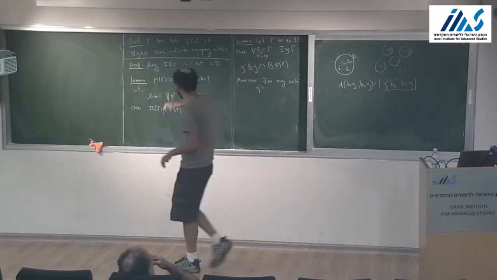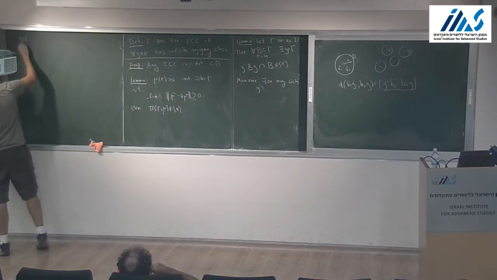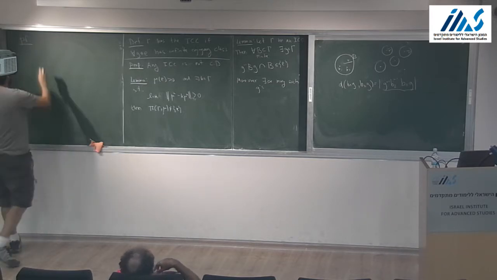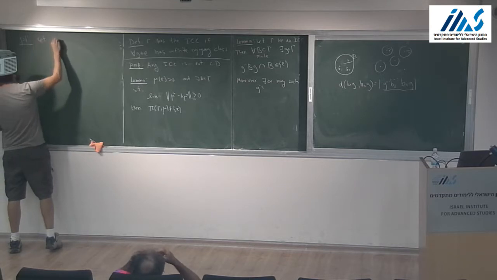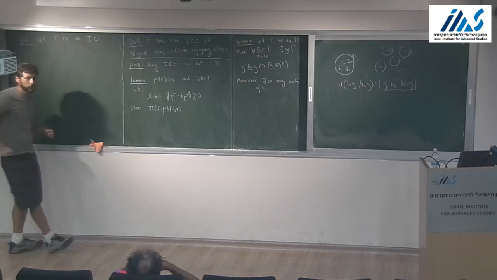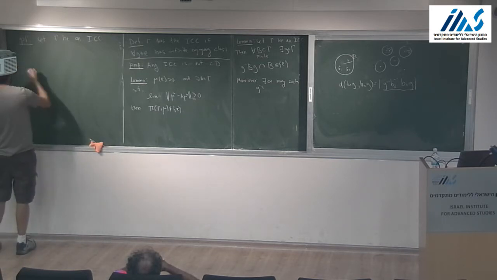I want to prove the proposition. So, proof: a simplified version of the main proof. Let gamma be an ICC group. I need to construct mu, so I need to give you a probability measure on the group. How am I going to do that? I'm going to pick some probability P,